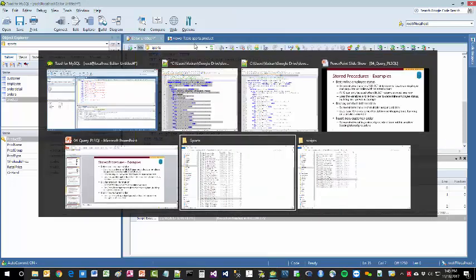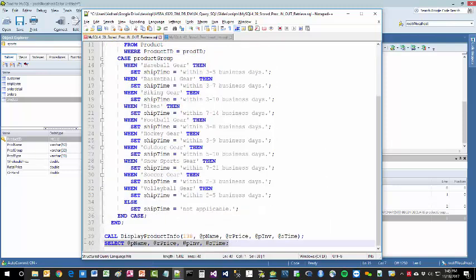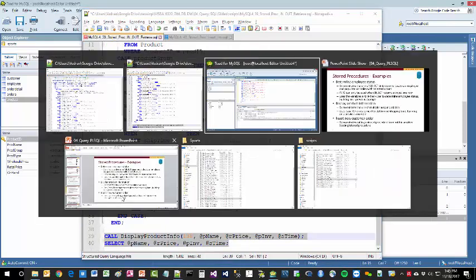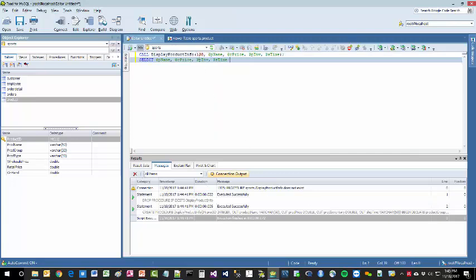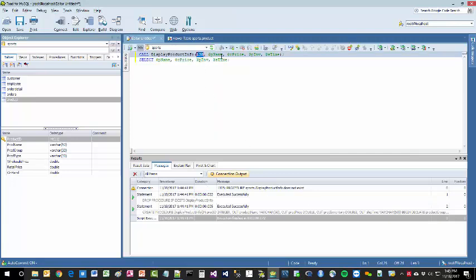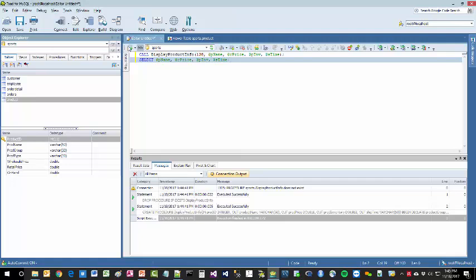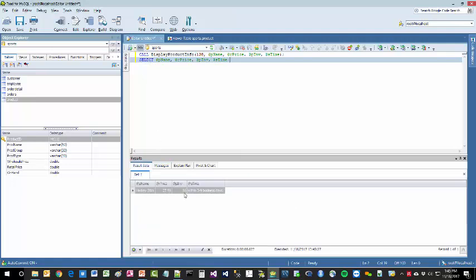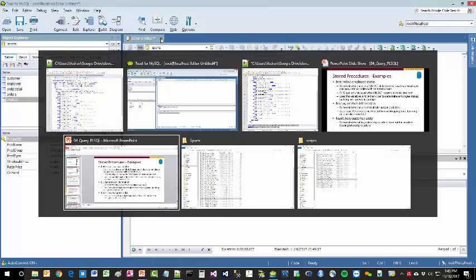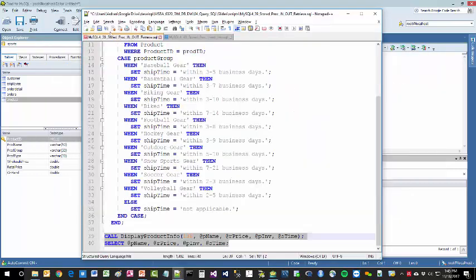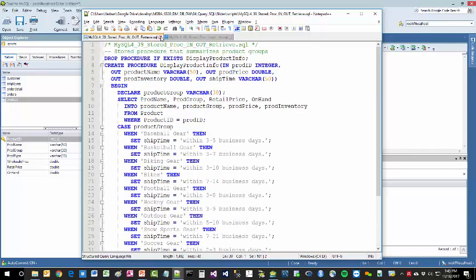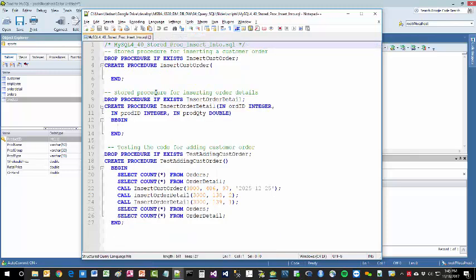Okay, so now I'm going to make a call to this procedure, with one input variable, right? Which is the product ID 138, and 4 output variables, name, retail price, inventory, and time, and we're going to then display those guys. Hockey stick $27.99, 96 within 3 to 9 business days, matches what we just saw in the table. Okay, clear that, go back to the code, save and close procedure number 39, display product info, and continue with